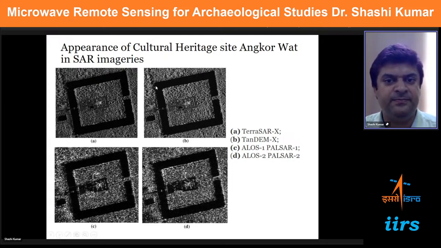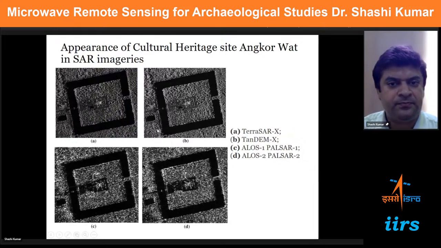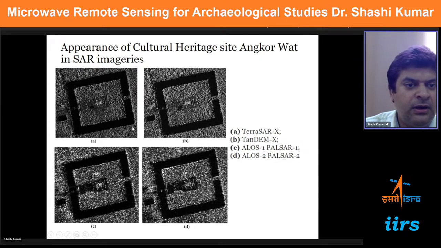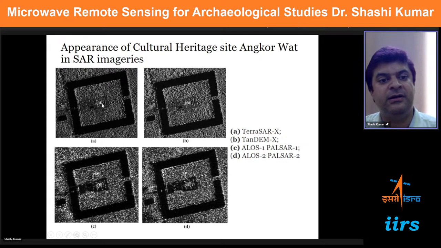Like here, if you see, this is the Angkor area, and this is the water body which is surrounding the Angkor area. Here we can easily see that this water body is appearing very dark. And if you look at the Angkor temple area, the main temple area, we can see that the temple is appearing relatively brighter. Why? Because